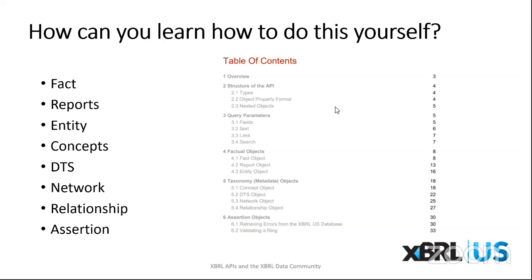We have 8 endpoints, and you can see those endpoints listed in the bulleted list on the left-hand side of this screen. Inside of the documentation, all 8 of those endpoints are defined, and in addition, there are tables